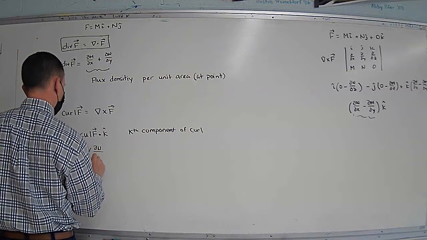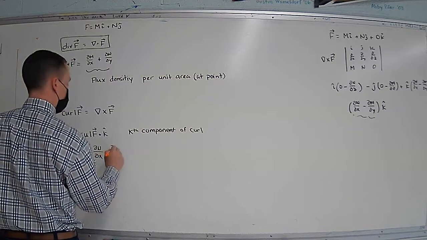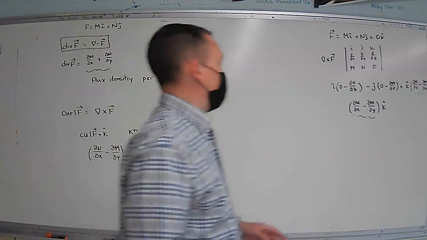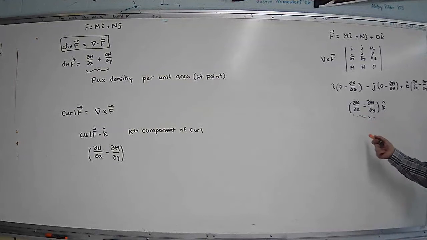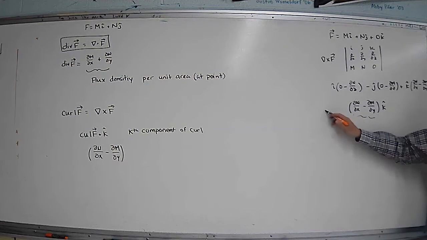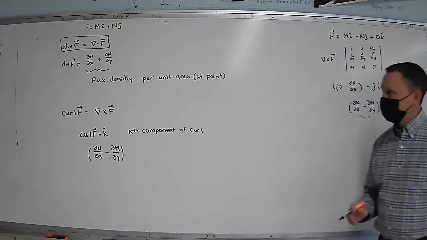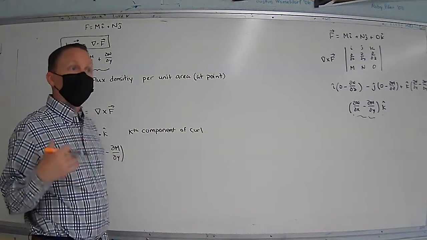Let me write this down. That quantity right there. Remember, this says curl F dot k. Well, curl of F is the vector 0i plus 0j plus this k. And if I dot that with the vector k, which is 0, 0, 1, I'm just going to get that component. So this quantity right here, my friends, can also be thought of